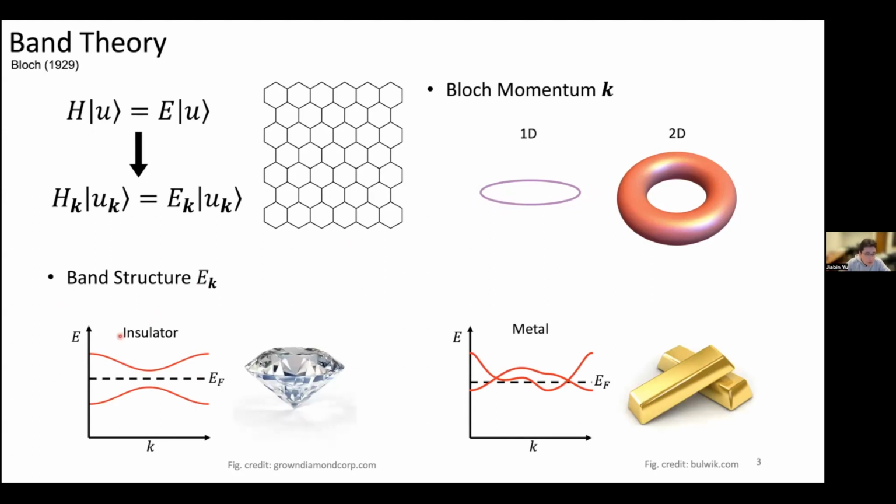If the Fermi level is in the band gap, it would be an insulator like diamond. If the Fermi energy crosses a certain band, it would be a metal like gold. So these are the classic band theory. But this discussion only uses the energies, and we also have the eigenstates, which are called Bloch states. In the last several decades, band theory experienced a paradigm shift centered around the topology of the Bloch states, which is called band topology.